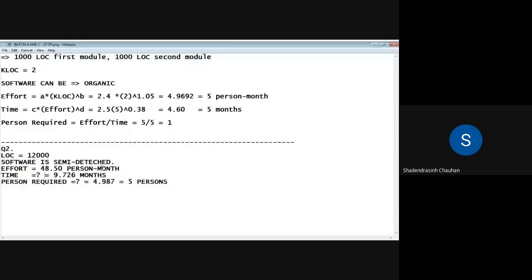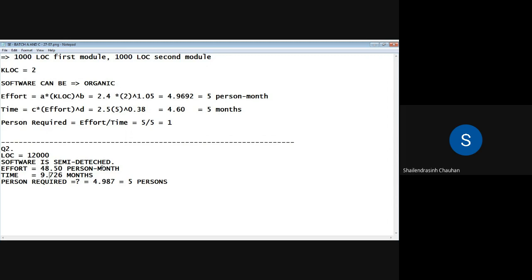So these are the answers. The effort part is: if one person is going to work on it, it is going to require 48.5 months. So this project is going to require 48.5 months if it is developed by one person.